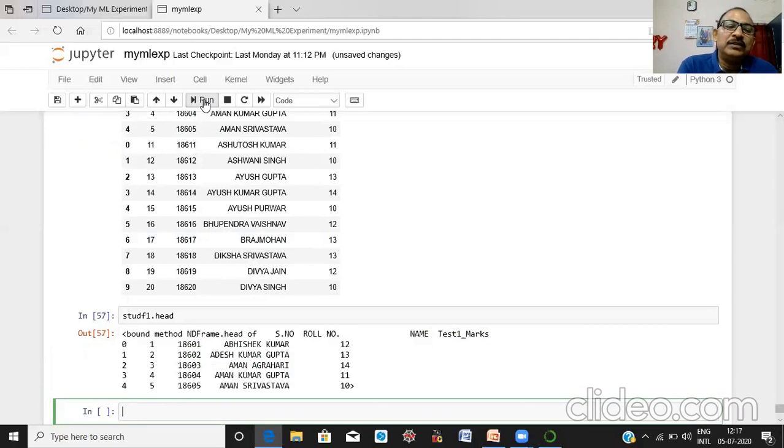If you want to modify df1, you have to write this way.